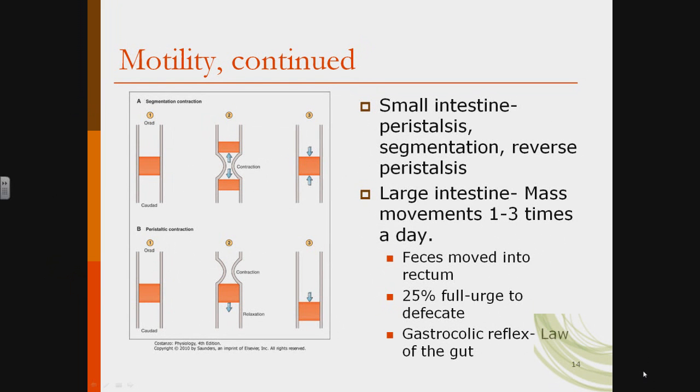There's also kind of a pendular motion that occurs, and this is reverse peristalsis followed by peristalsis, so kind of a back and forth kind of movement of the chyme through the small intestine. Now when it comes to the large intestine, there are mass movements, and there are 1 to 3 of these per day. And basically what it means is there's this contractile ring, receptive relaxation, and you move your fecal material closer and closer towards the sigmoid colon and ultimately to the rectum.